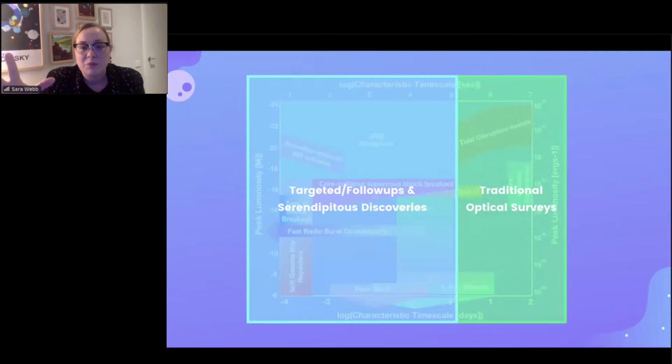So then we have a more traditional optical survey a little bit on the right there, and that's the surveys that you tend to think of that have several day cadence: basically image a patch of the sky, go back over time and see what has changed. And this is where we discover those longer duration events, especially supernovae. This is the most ideal survey for supernovae, and now for kilonovae as well, when designed right. So it can get tricky.